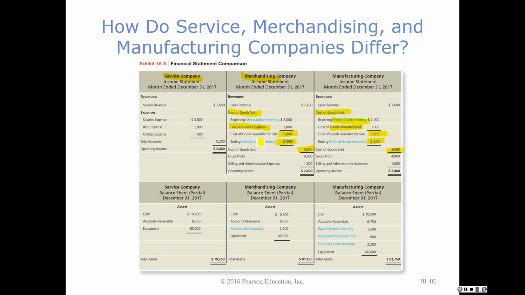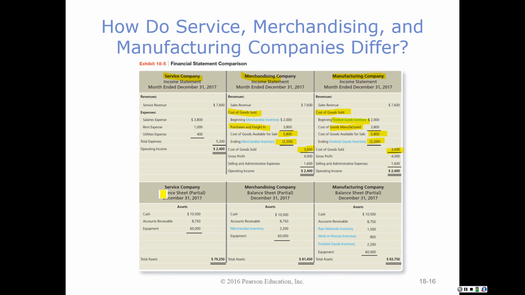All right. So the service company does not have cost of goods sold. You might sometimes see cost of services, but it's hard to calculate, so it's very rare, especially unless you are in internal managerial accounting, that you will actually see a total cost of services. So these are the income statements that you would see and how they vary for the different companies.